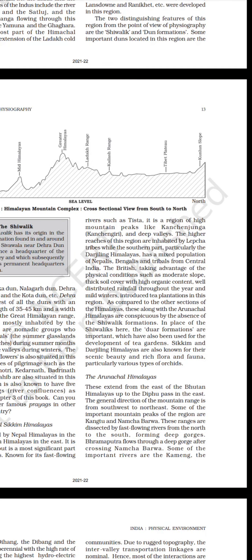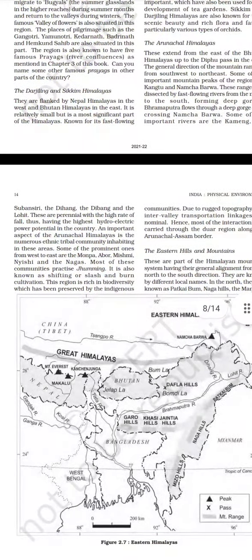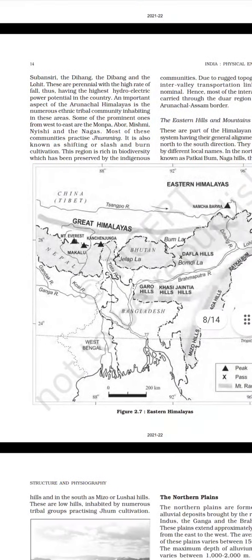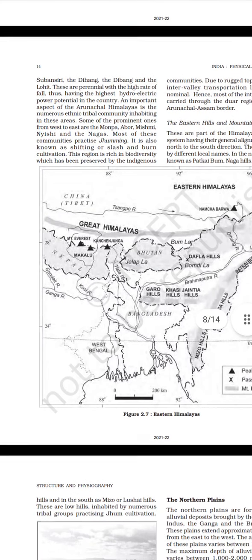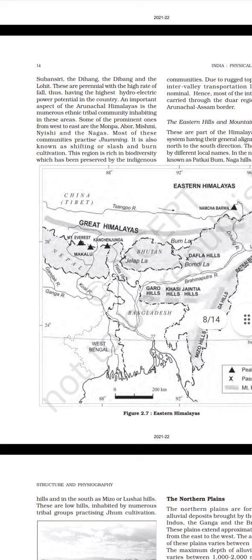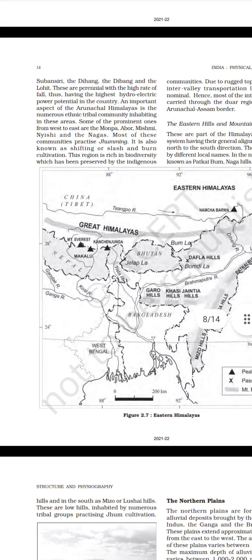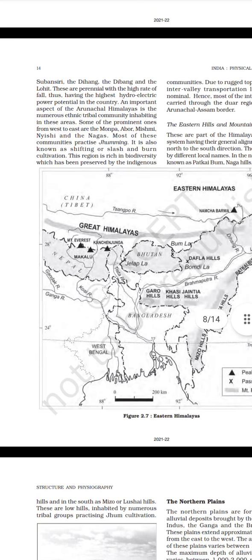These ranges are dissected by fast flowing rivers from the north to the south, forming deep gorges. Brahmaputra flows through a deep gorge after crossing Namcha Barwa. Some of the important rivers are the Kameng, the Subansiri, the Dibang, and the Lohit. These are perennial with a high rate of fall, thus having the highest hydroelectric power potential